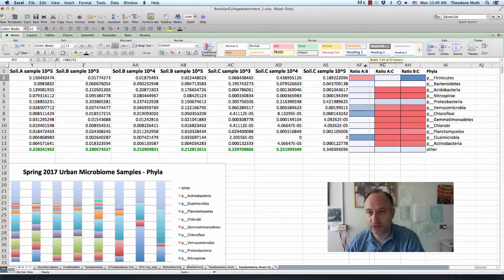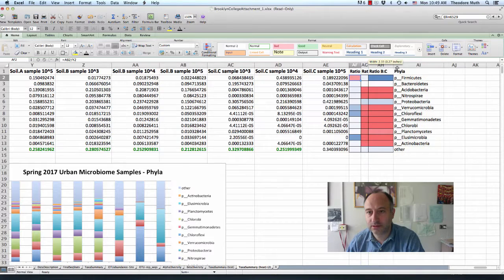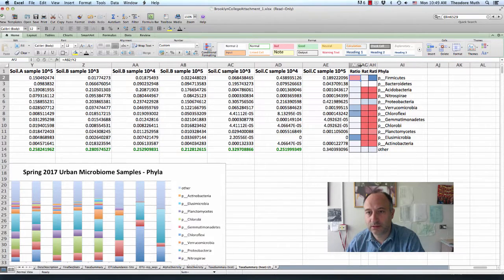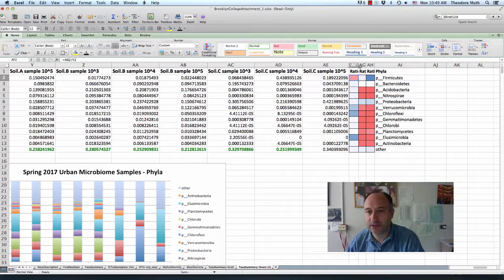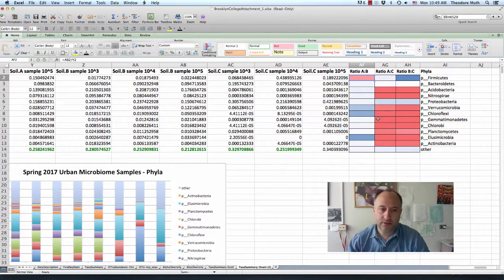If you wanted to make it more square, you could close it off like this. However you want. You can make it kind of pretty, and then you could cut that out and paste it into a file if you want. But you have a little bit of a heat map there. Now we did this just with